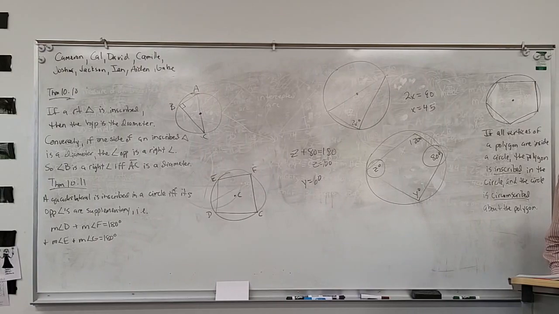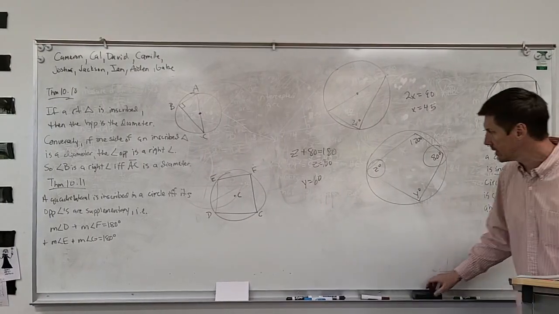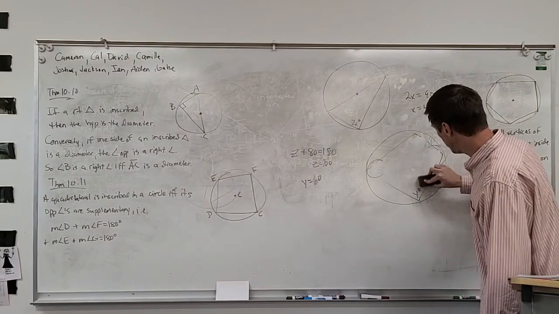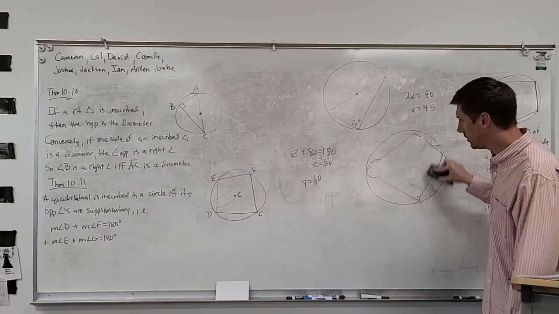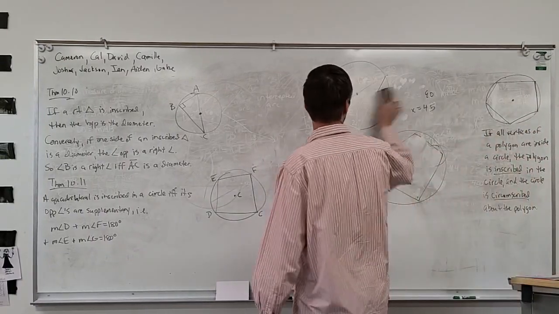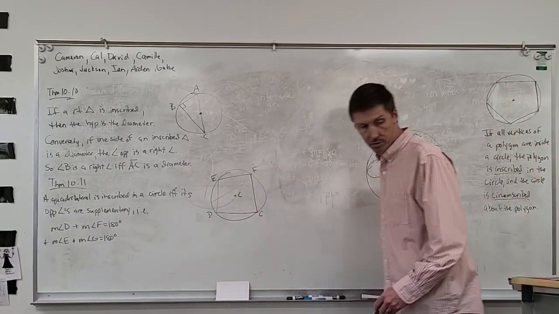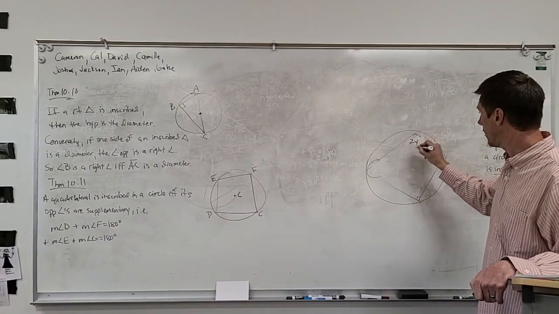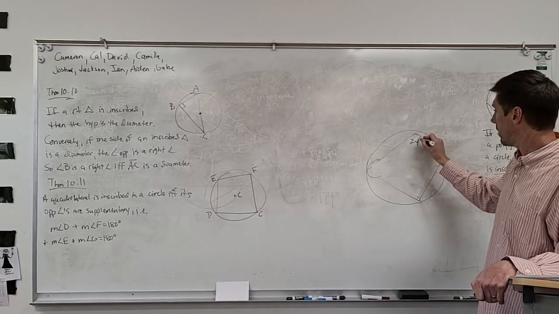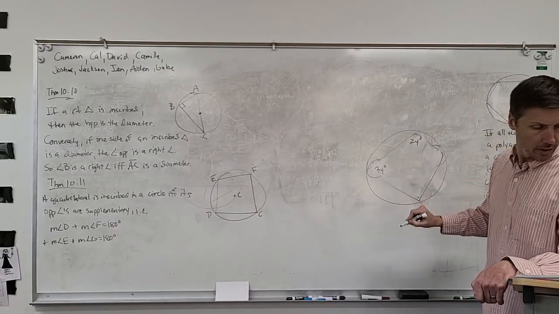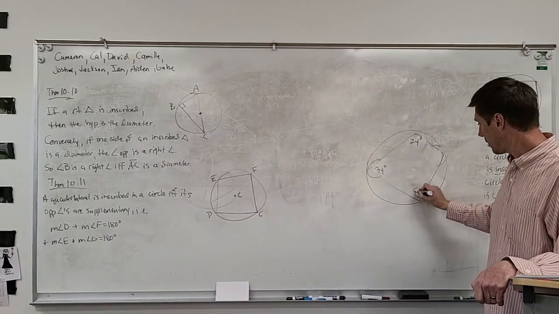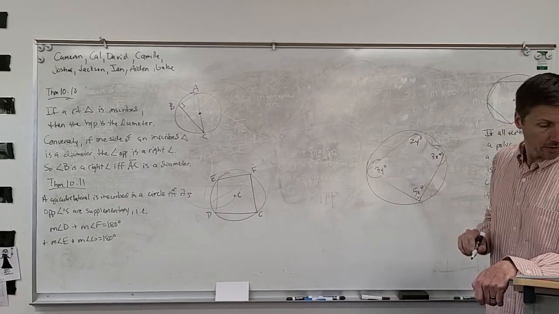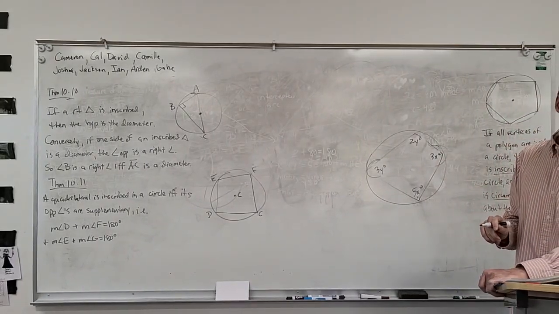I want to make sure that you can do one that's a little more complicated, and that's what example 6 is. So I'm just going to set this up for you and just see if anybody has any questions about it. It's the exact same method that we just used, but there's a little more algebra involved, right? So if we had 2y degrees there, and then 3y degrees here, and then 5x degrees here, and 3x degrees there, and they asked us to find the measure of each